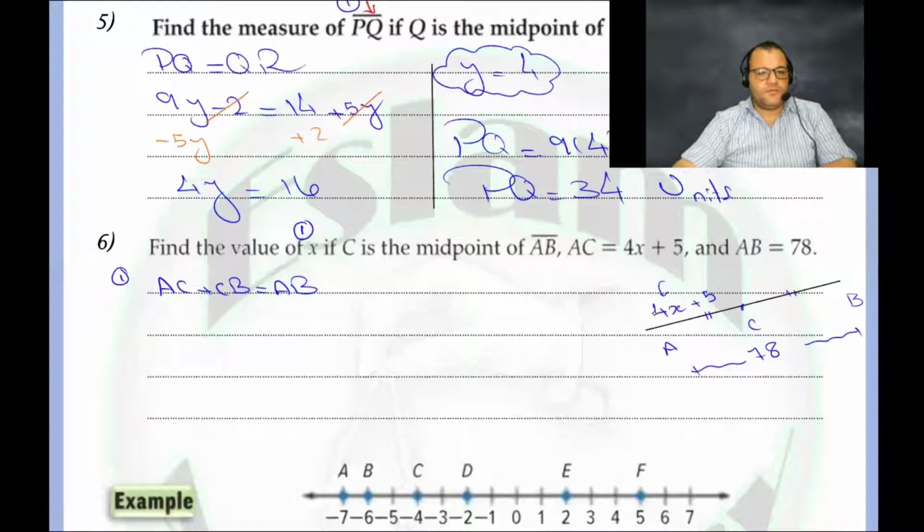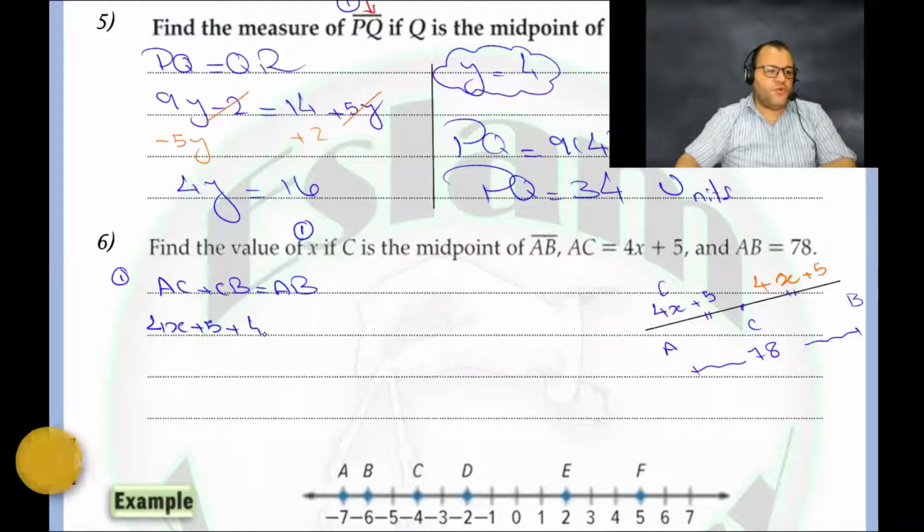AC and CB are the same. Yes, that is the point. So AC and CB are the same, so this part also will be 4x plus 5. You get the idea for this one? Yes. So we can say now 4x plus 5